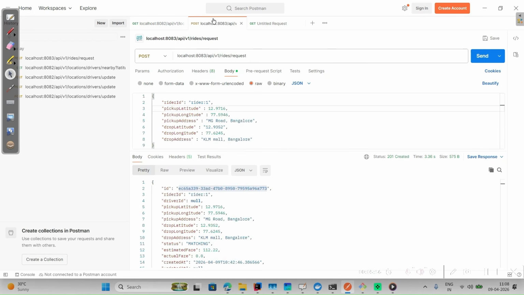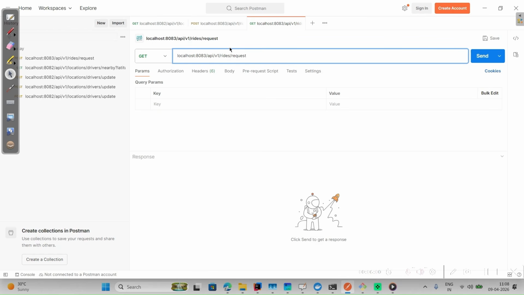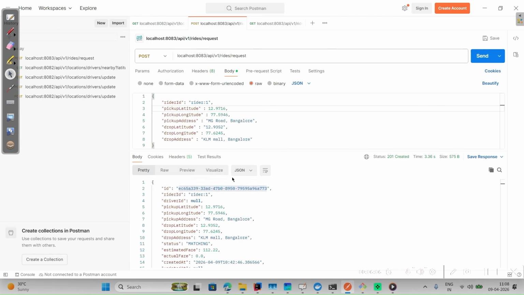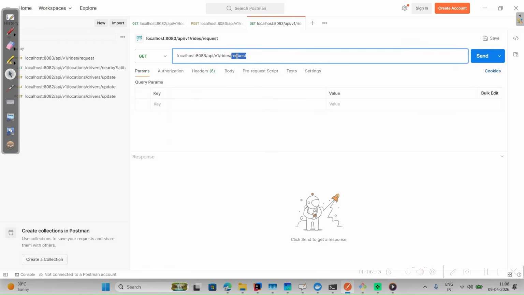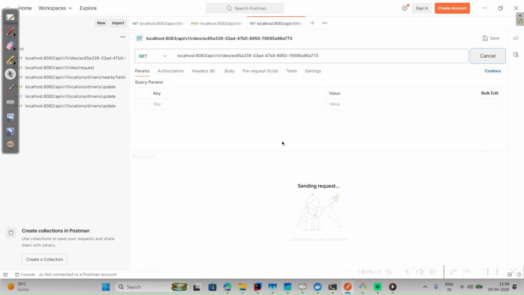Let me just copy this, v1 rides, and here let me copy this ride ID. Okay, need to pass the ride ID. Get request, and